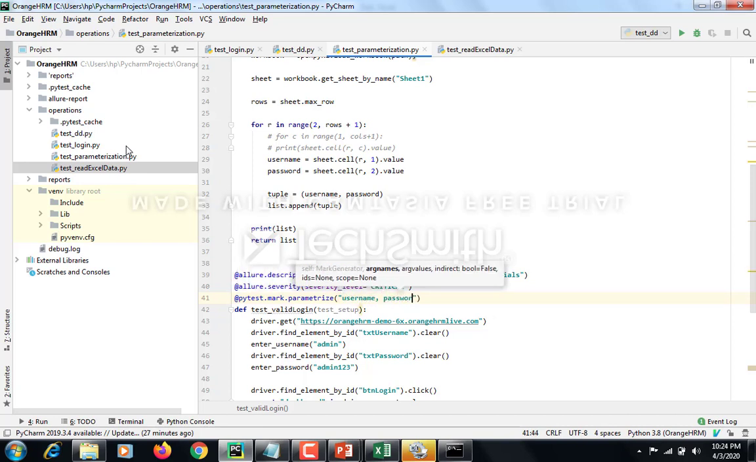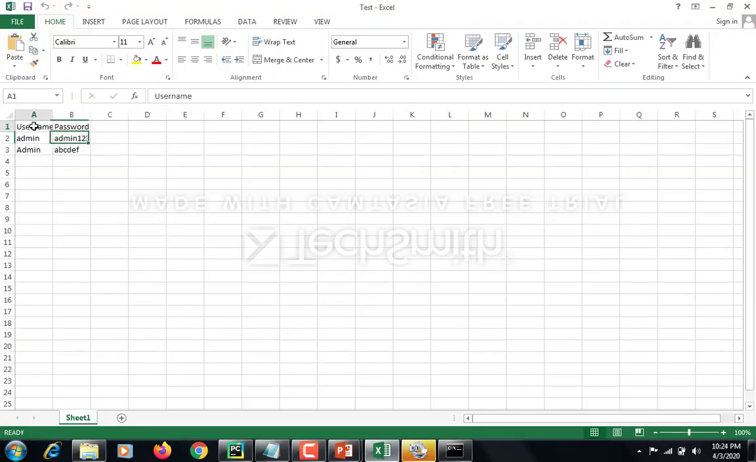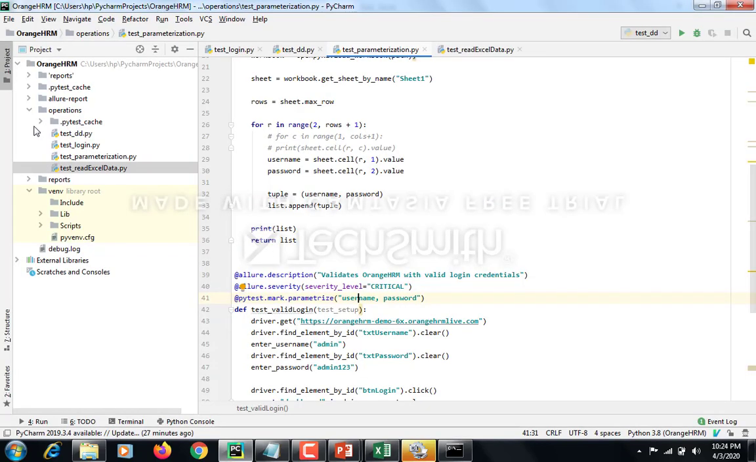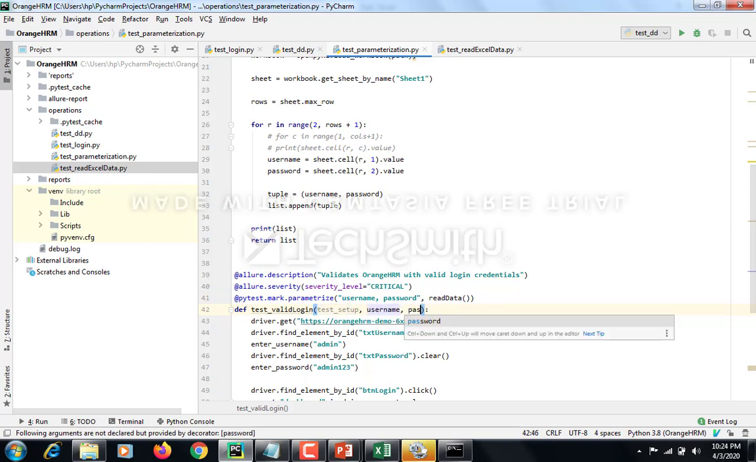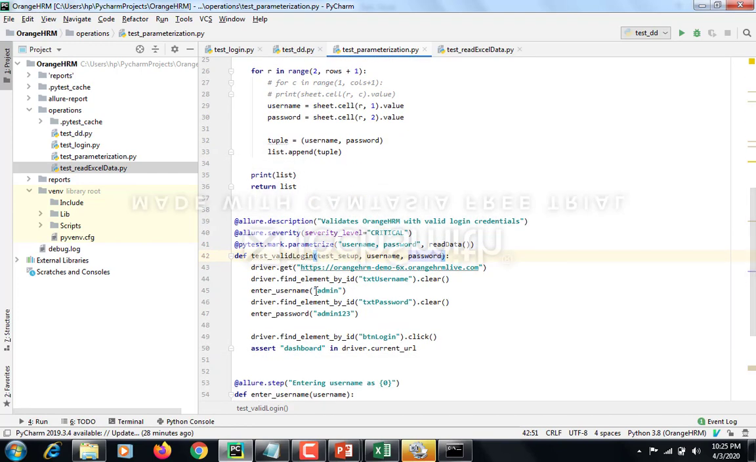It's not mandatory that the name that you give here and here should be the same. You can put it as anything. Just make it relevant so that it's easy to understand, right? Now, how are you going to get the data? Using my read data function. And then here I'll put the variables which will store my data from this function. And here I am not going to hard code this admin anymore. I'll be saying username and